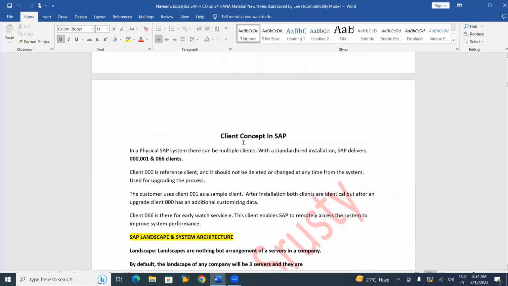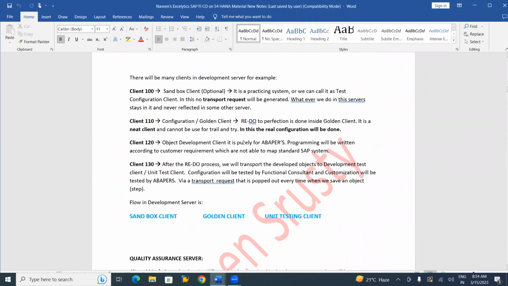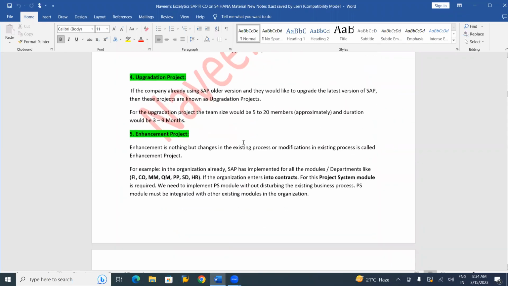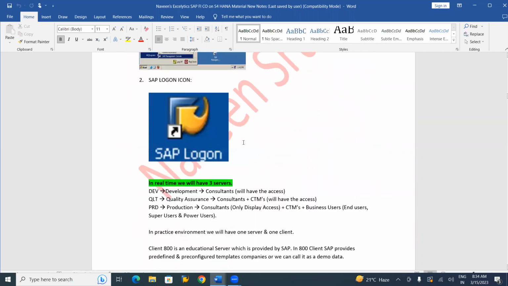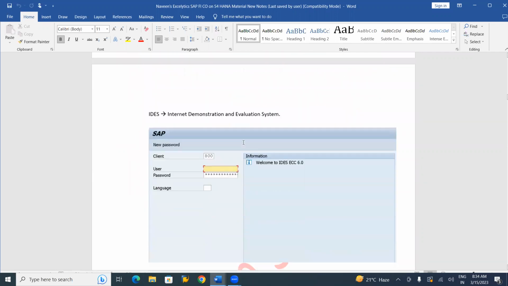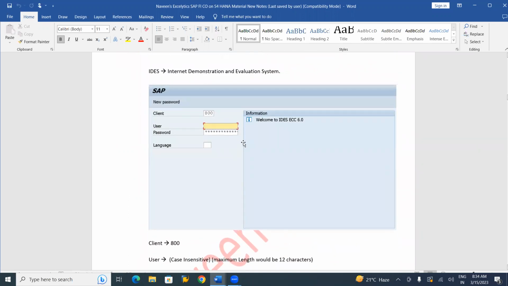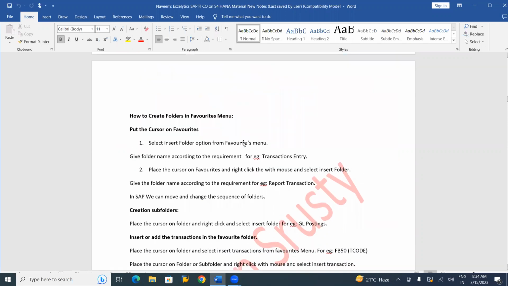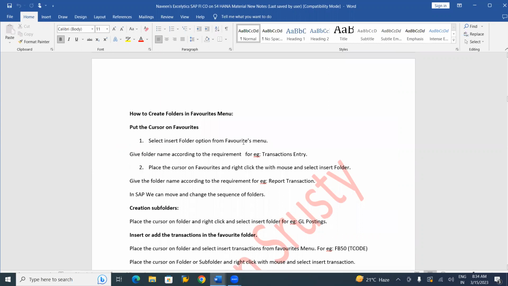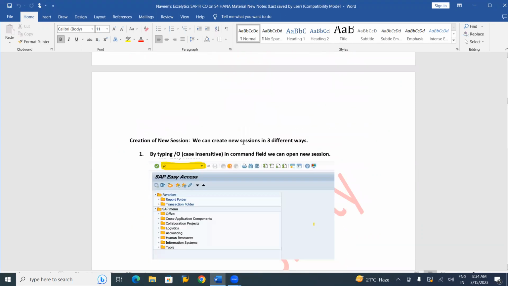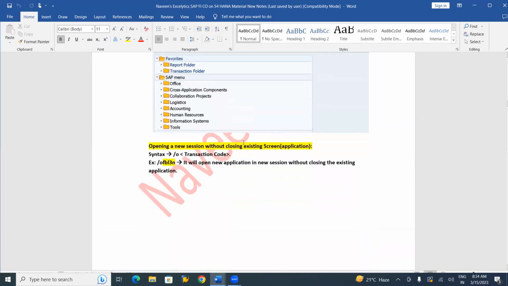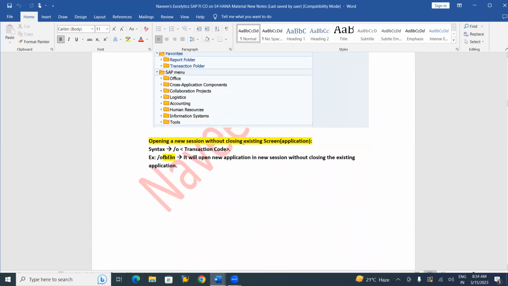So tomorrow we will start with the SAP practical part. First of all, I'll introduce the GUI, graphical user interface of SAP. Clear? How to log in, how to log out and all that will be in tomorrow's session. As I said, what a client is was already discussed. Client 800 is our education version. If you want SAP server access, you can take it by coming Monday, because from Monday onwards we'll get into the practical part. Clear? Any questions?